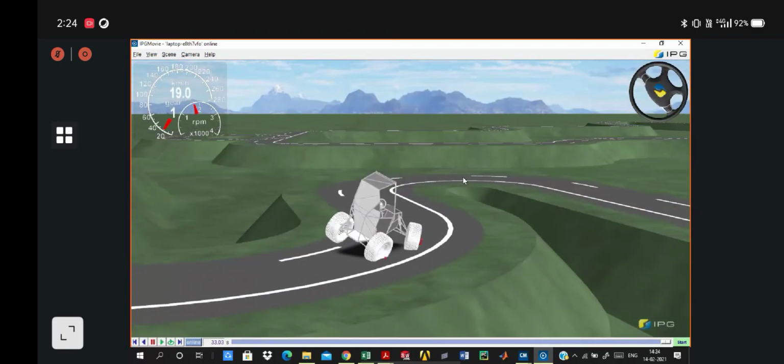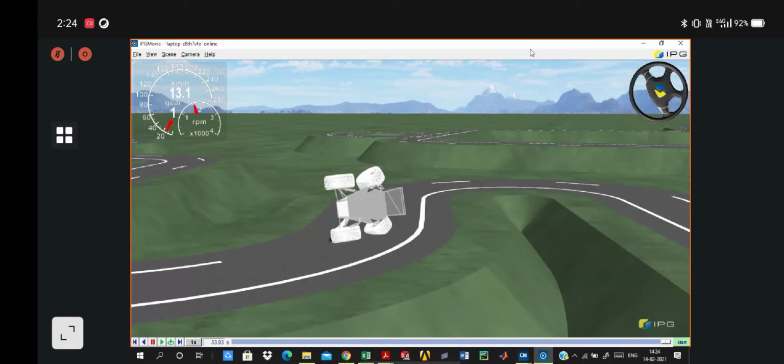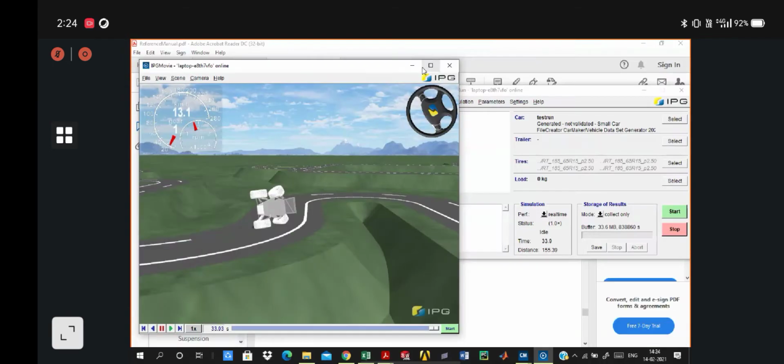To rectify these types of errors, you have to go back to your vehicle dataset parameters, and you can iterate your suspension parameters or powertrain parameters.